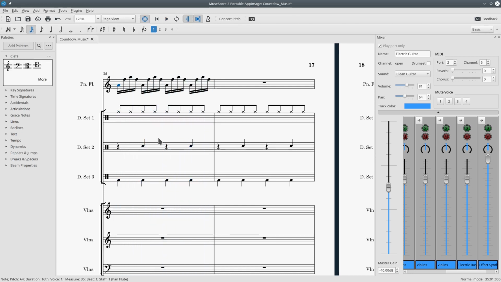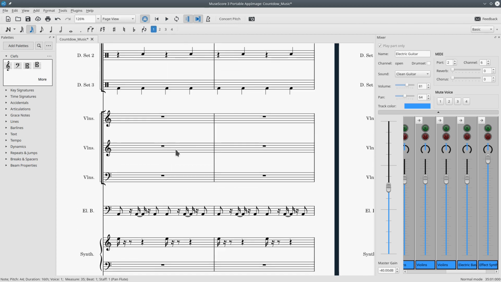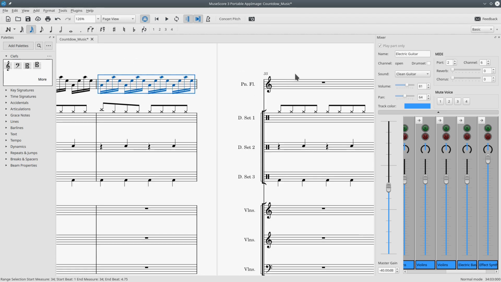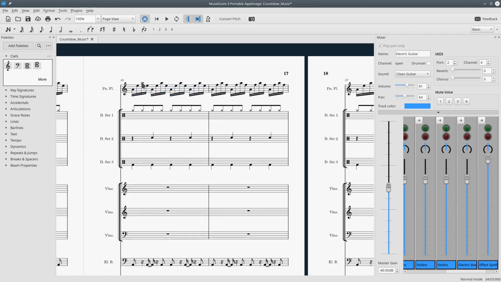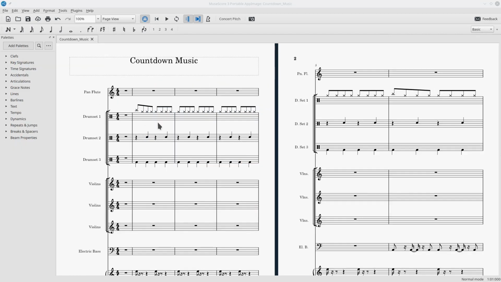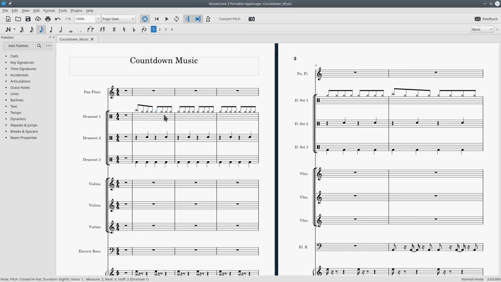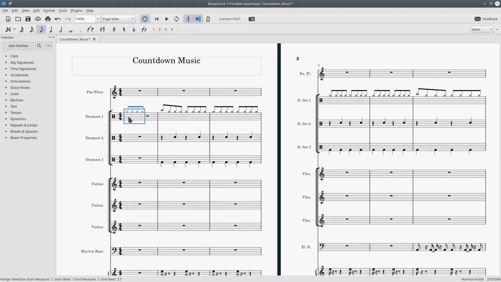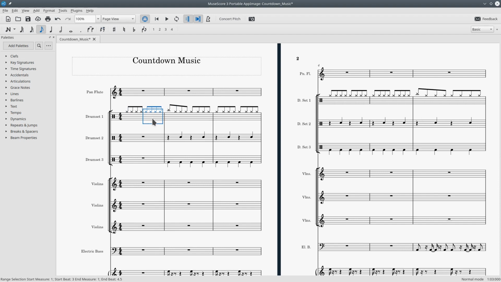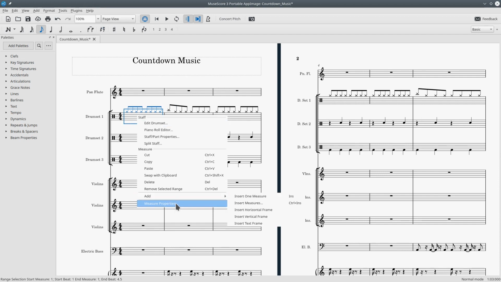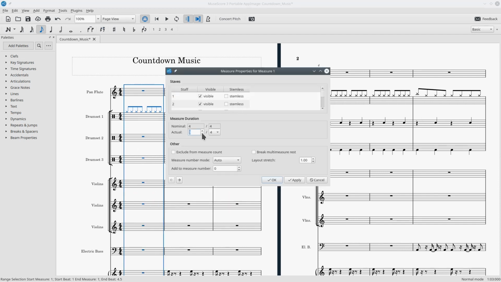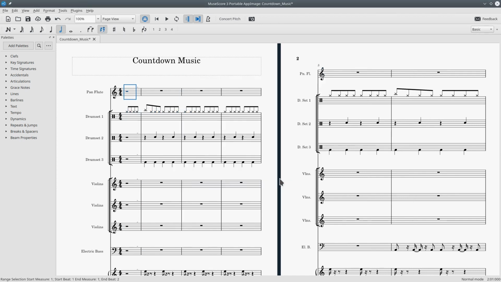So this middle tone, the E, is going up to F and then back to E. So at the beginning I forgot the first measure, so let's make it. In the measure properties, I set the first measure to 2 quarters. Okay.